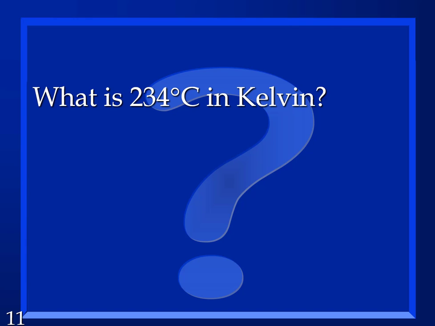So, what is 234 degrees Celsius in Kelvin? So you know the number is 273. The question is, do you add or subtract? The way I remember is Kelvin's always bigger. So if I'm trying to get to a bigger number, I'm going to add those numbers. 507 Kelvin. Both Celsius and Kelvin are capitalized because the symbols are capitalized because they're named after people. So capital K, capital C.